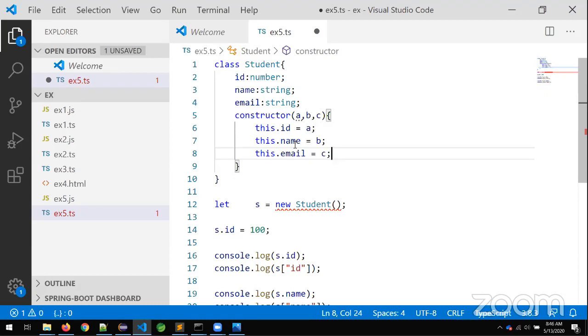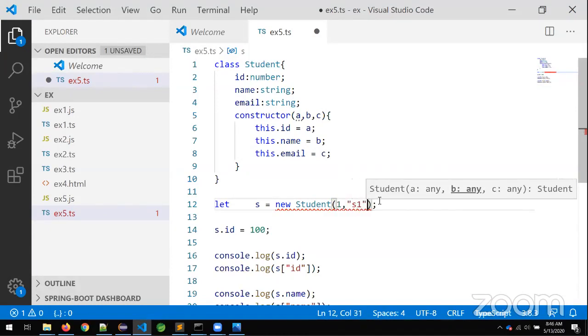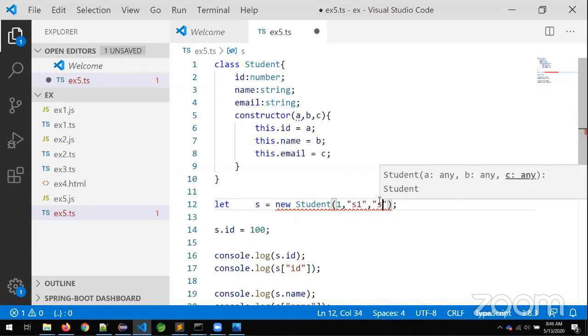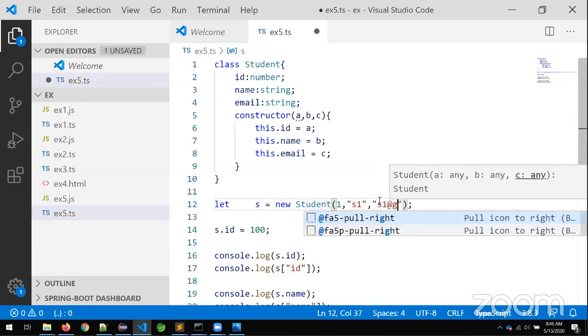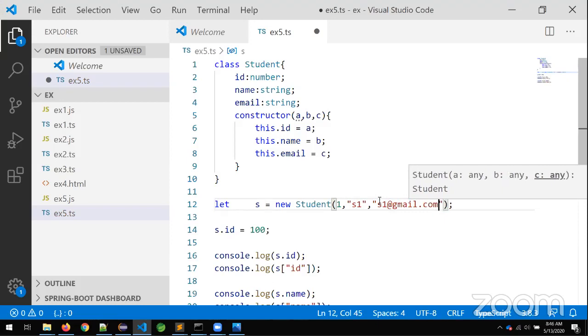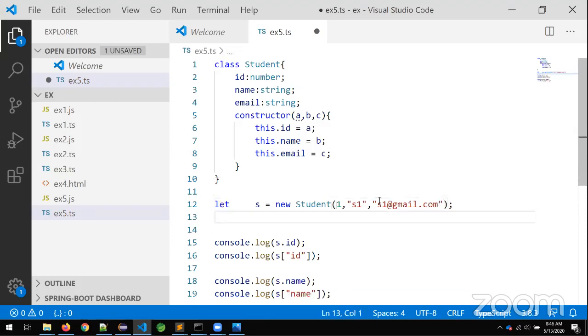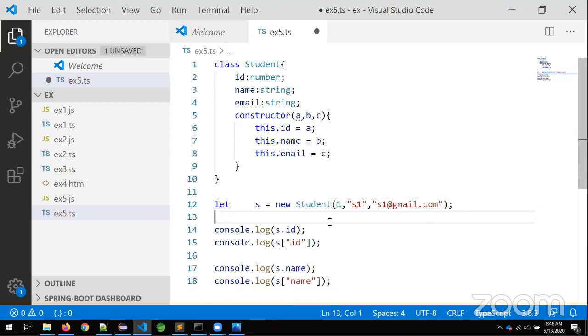Now when we are creating the object, we need to pass three values: 1, s1, and s1@gmail.com. Now I am able to initialize this. When we create the object, the language internally calls the constructor.